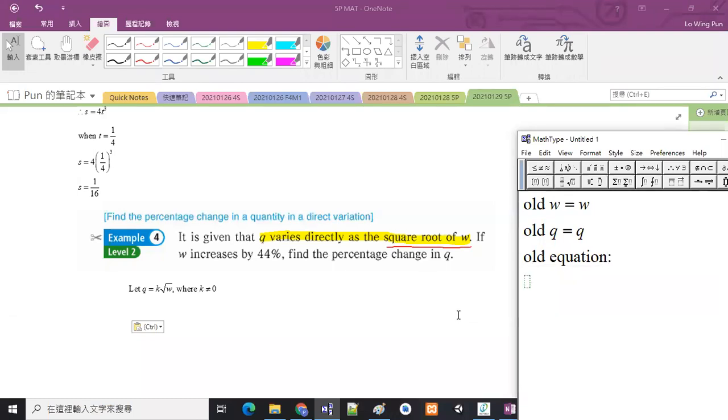OK。好啦，我哋有舊咯，跟住寫翻個 old relation 先，即係 old equation。old equation 就係將我哋舊嘅 W 同埋舊嘅 Q 擺翻落去我哋嗰條式嗰度，其實照抄翻嚟啫，即係 Q is equal to K square root W。舊嘅 W 就係就咁叫 W，舊嘅 Q 就係就咁叫做 Q。